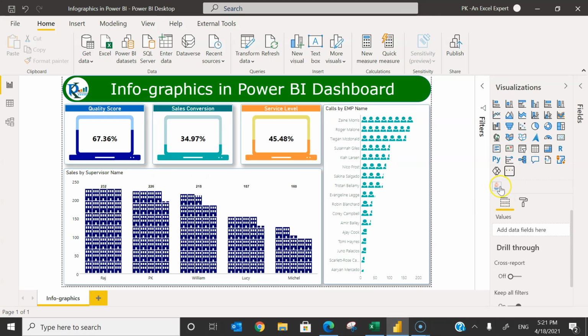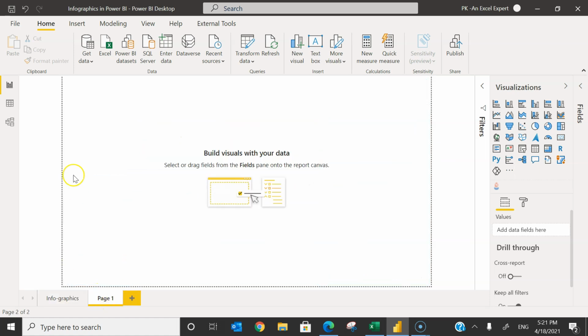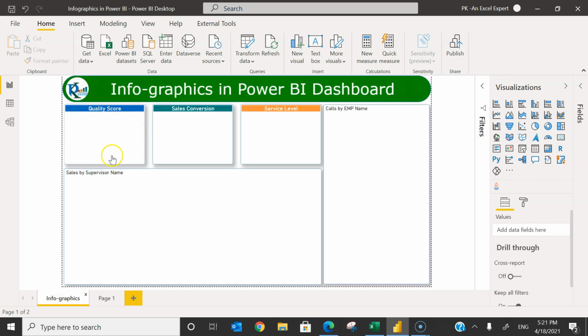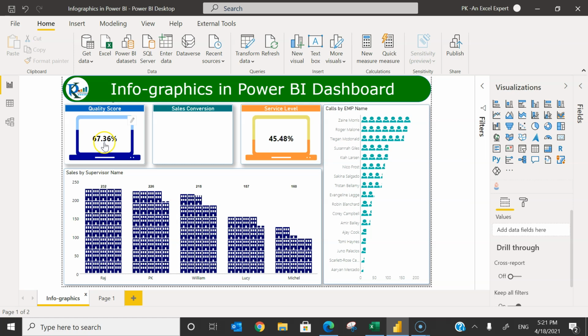Okay. Now once you have added this, I will explain how you can create these beautiful charts using this single visual. So let me add a new page and I will explain step by step. First, I will explain how you can create this beautiful card, and in that card you can show the value as well as some shape or image with the filled information. Like we have filled it 67% here, and dynamically this fill value will change.